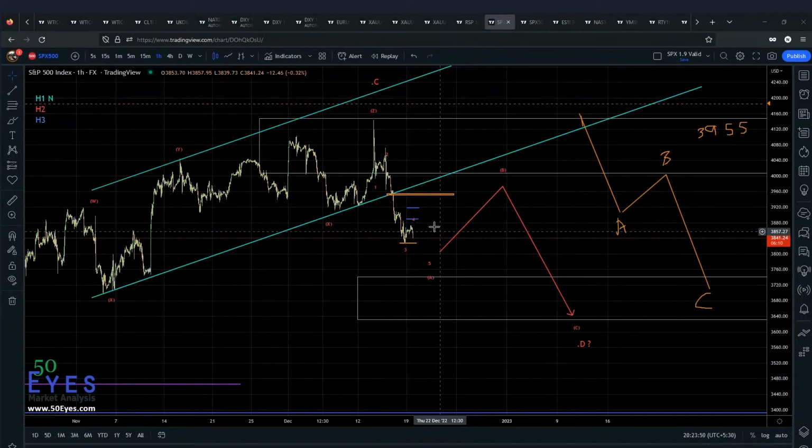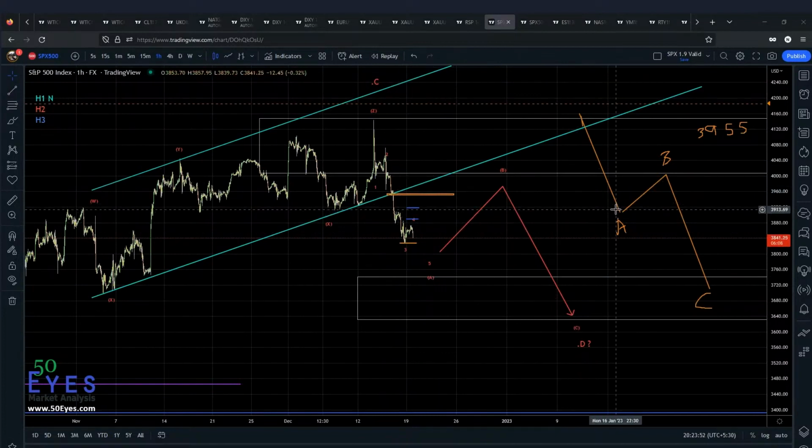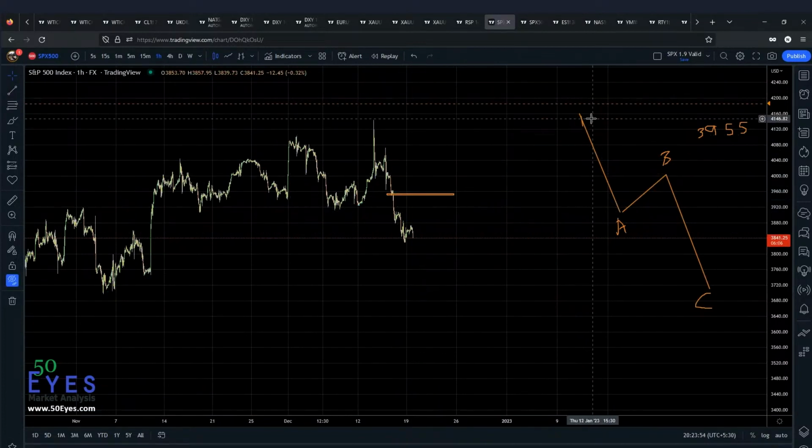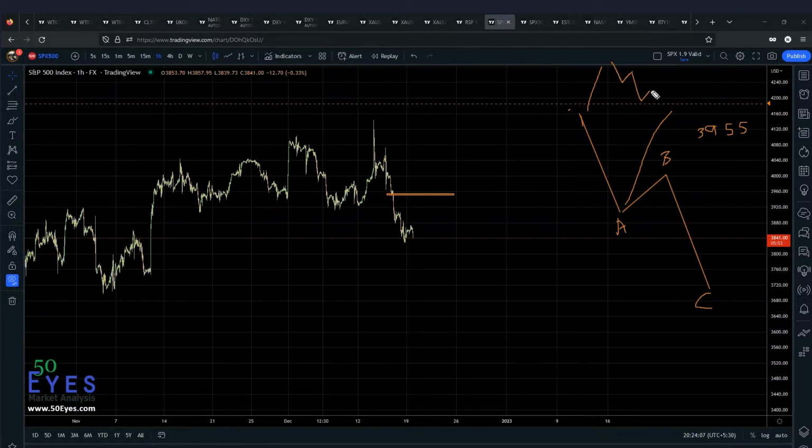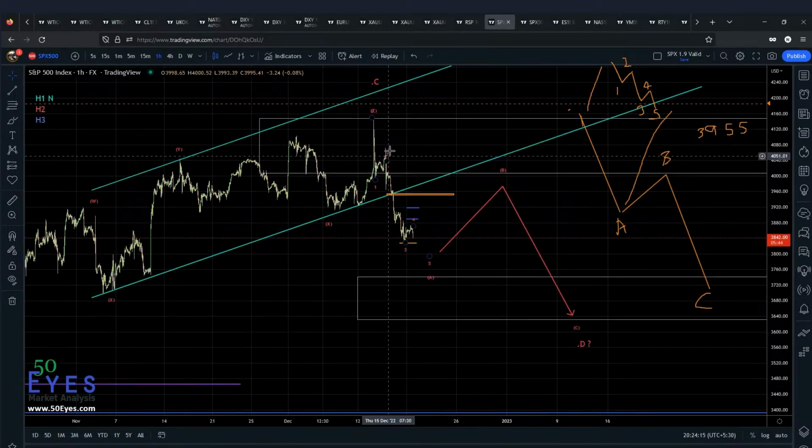It's currently still following our count and still falling down from this count which I have on screen. If you magnify wave A, what you will see is something like this. Let me magnify it roughly. You will see something like 1 down, 2 up, 3 down, 4 up, and 5 down. In this particular case, as you can see on chart, I have already pointed out 1 down, 2 up. This is your 3 down, 4 up, and this is going down for the 5th.